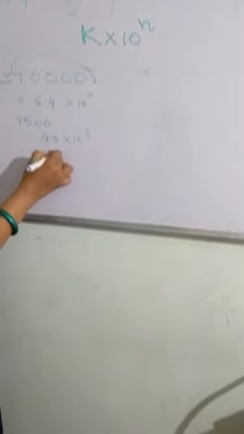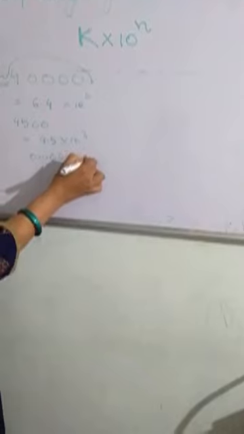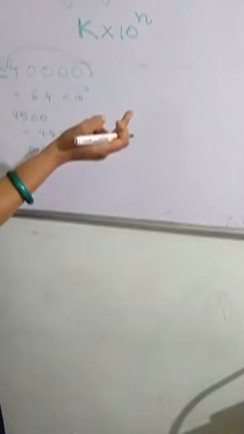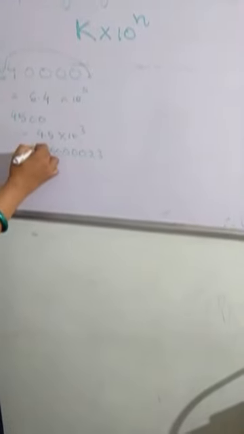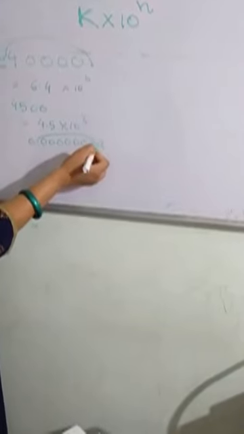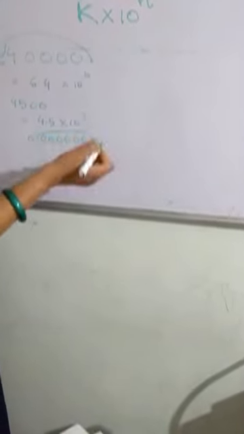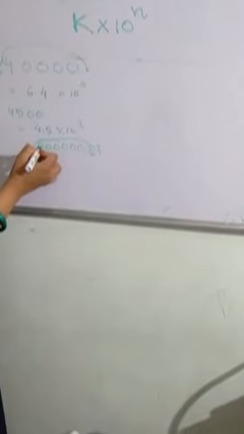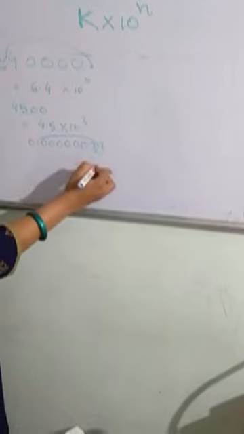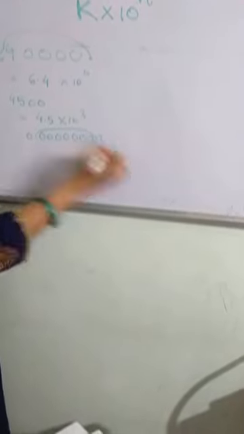Yes, very small numbers can also be converted into the standard form. For example, 0.00000023. This is less than 1, and we have said that k should be between 1 and 10. So here also we have to convert it so that the number is 2.3, between 1 and 9. How many places have we shifted? 1, 2, 3, 4, 5, 6, 7. So this can be written as 2.3 into 10 raised to power minus 7.